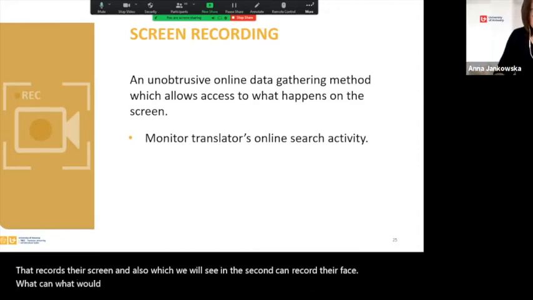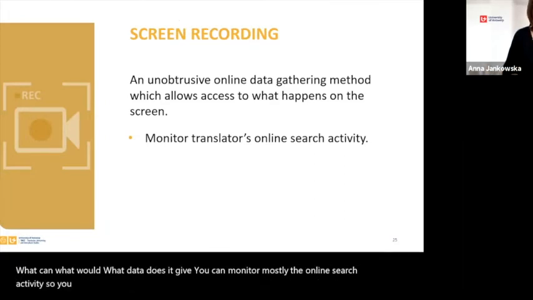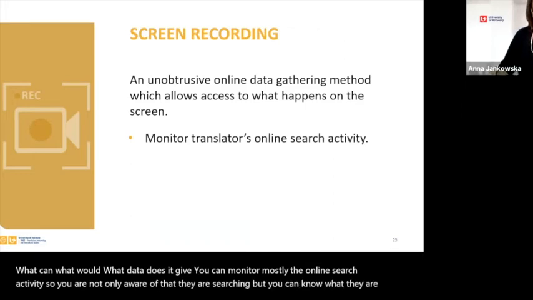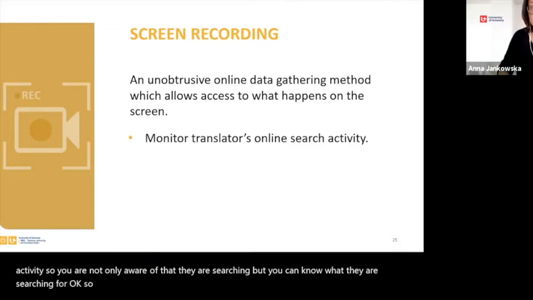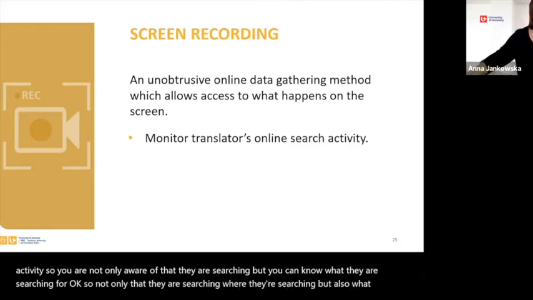What data does it give you? You can monitor mostly the online search activity. So you are not only aware that they are searching, but you can know what they are searching for. Okay, so not only that they are searching, where they are searching, but also what they're searching for, which is